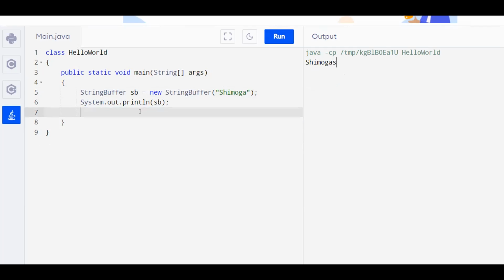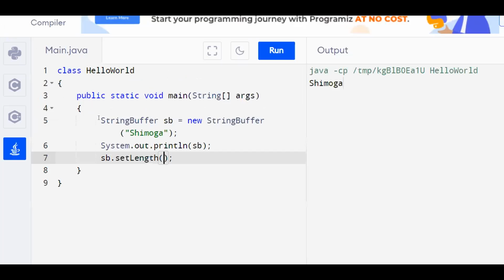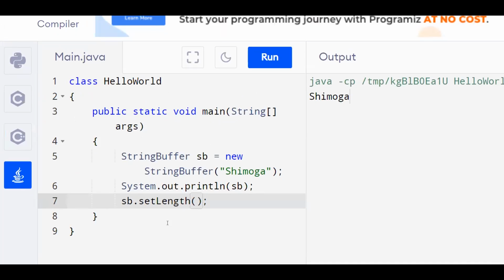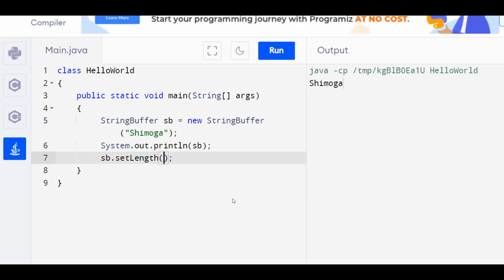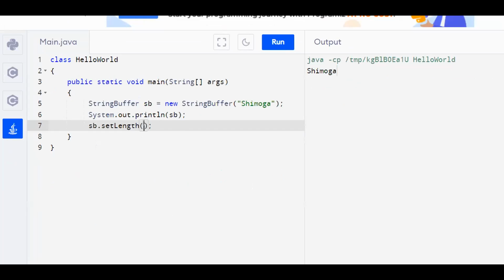So the string is this. Now for this particular SB, we can call setLength. For this setLength method, we have to pass an integer value that indicates the size.